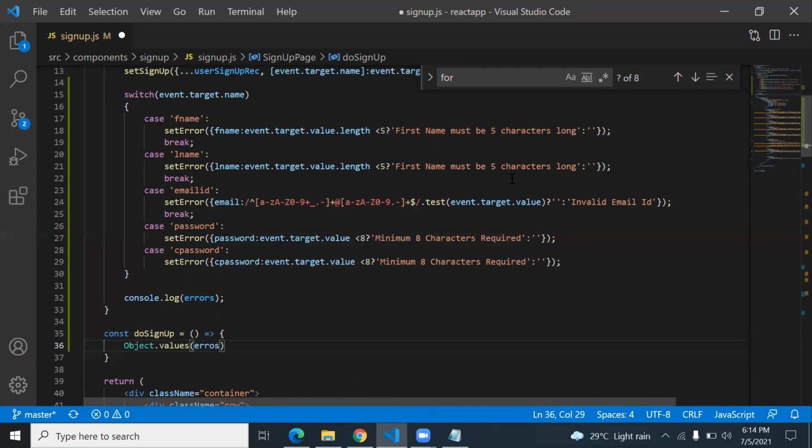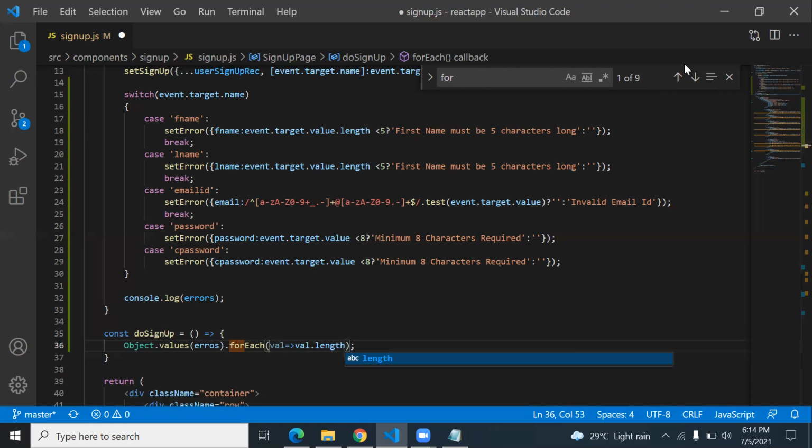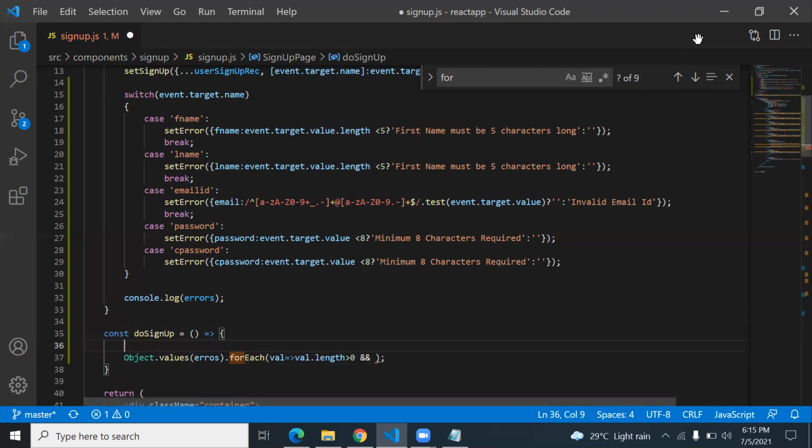Then you loop through each of the objects. For each, you type a callback function with value, and if value.length is greater than 0, and valid is equal to, here is one variable called valid, which is by default true.